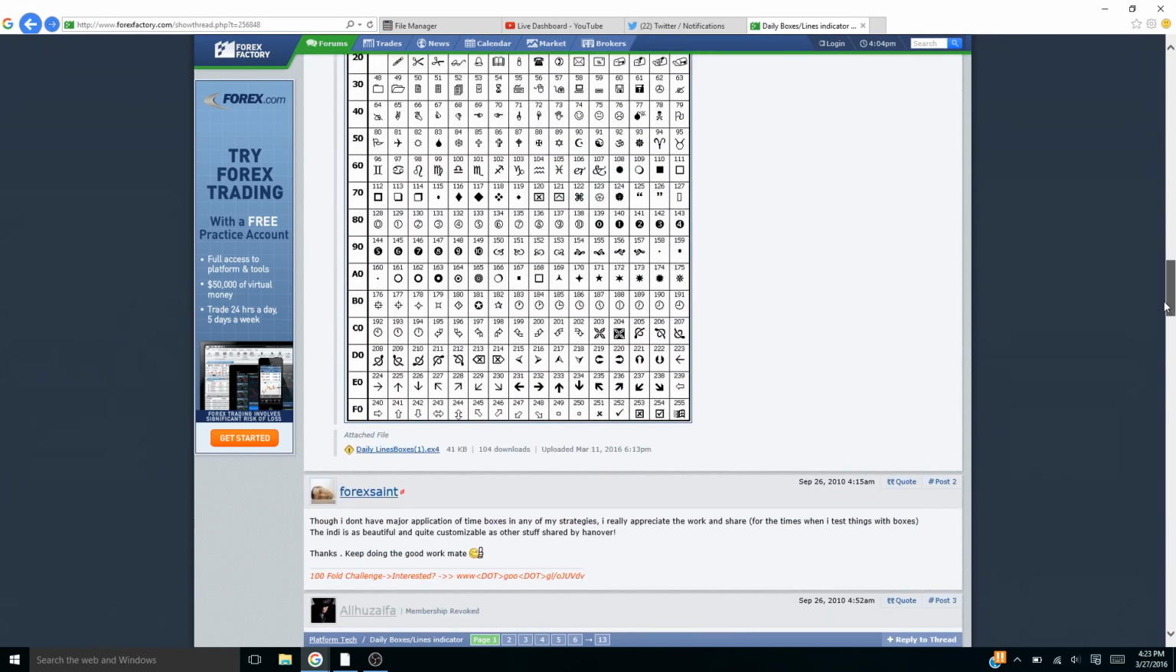You see that, and here's the indicator down here. You're just going to save that to your MT4 platform, and then restart the platform, and then it'll appear in your indicators tab under customs. So going back over